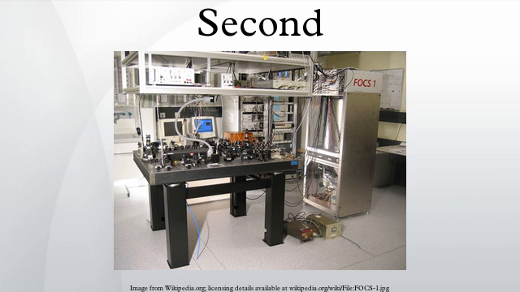Since 1967, the second has been defined to be the duration of 9,192,631,770 periods of the radiation corresponding to the transition between the two hyperfine levels of the ground state of the cesium-133 atom. In 1997, the CIPM affirmed that the preceding definition refers to a cesium atom at rest at a